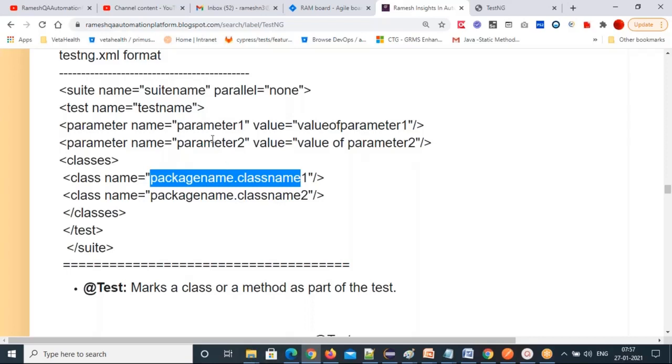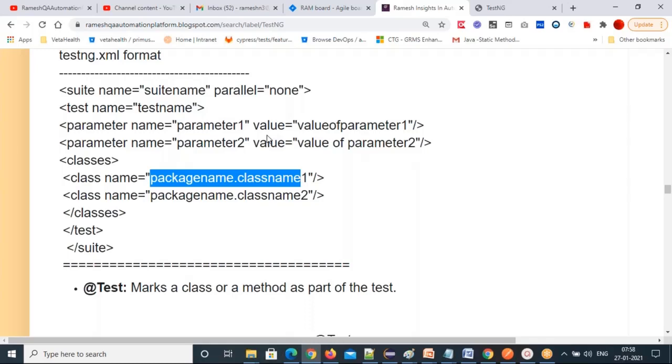These values will be taken for these classes. Wherever the parameters you specified, those classes will take these values from the XML file. So this is how you can supply parameter values from the XML file.